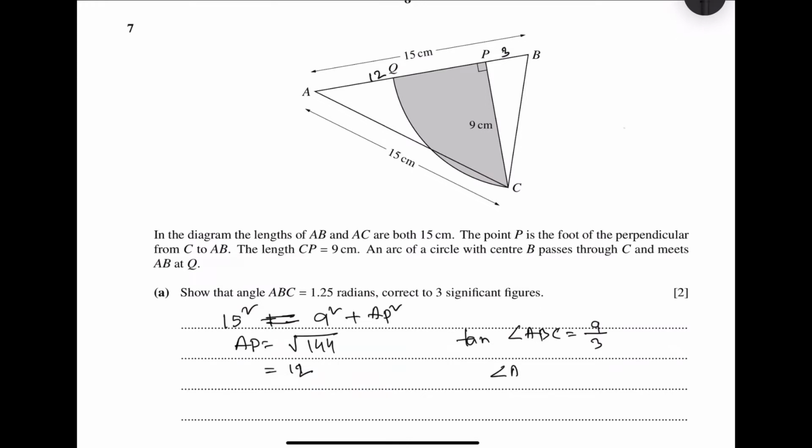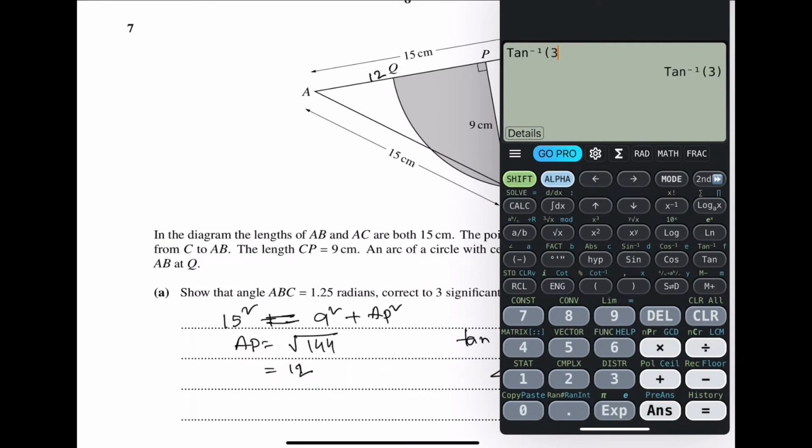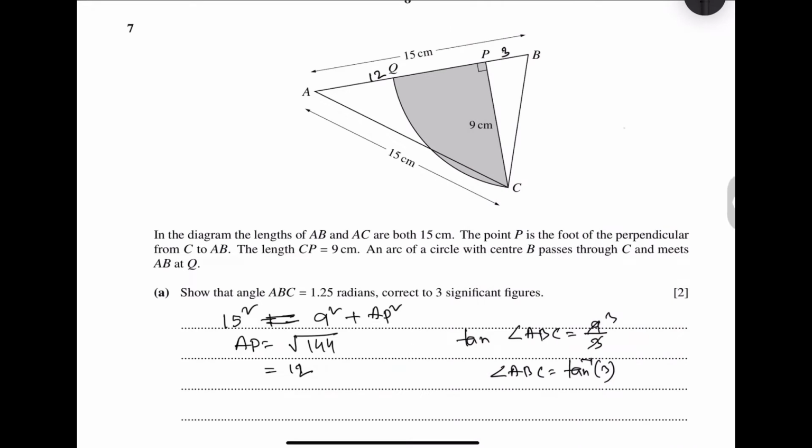So angle ABC equals tan inverse 9 over 3, that is tan inverse 3. So in fraction it will be 1.25. Okay, so it will be 1.25 radian. Calculate the area of the shaded region which is